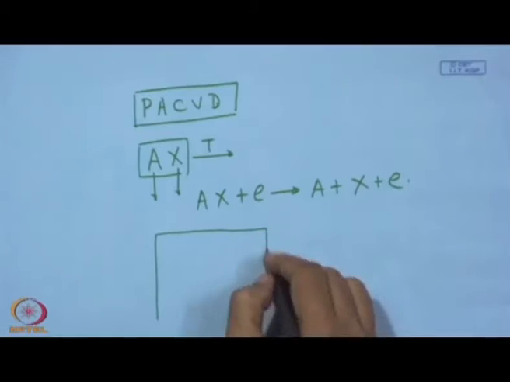So, the whole idea here is to have sufficient quantity of electron, and for that what is done in a CVD chamber,